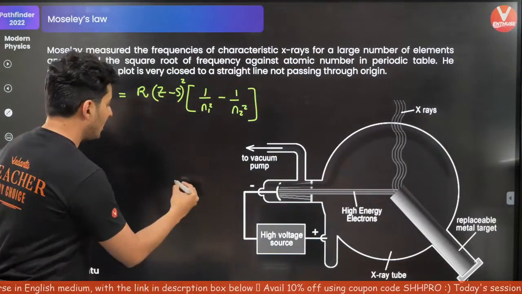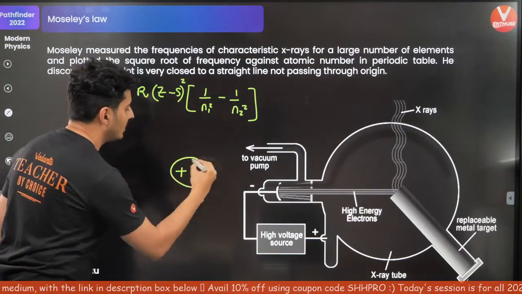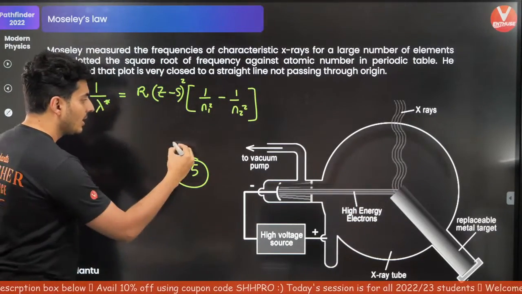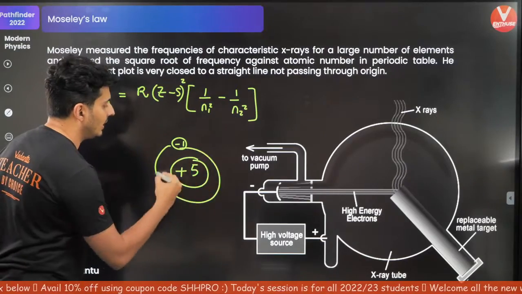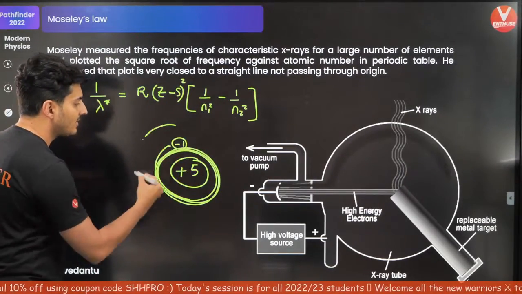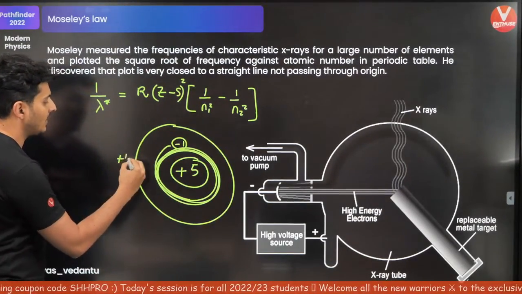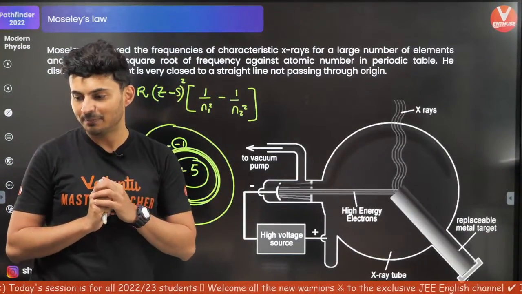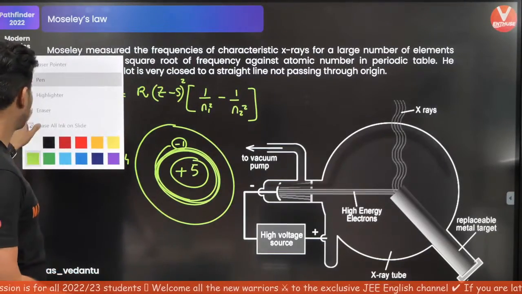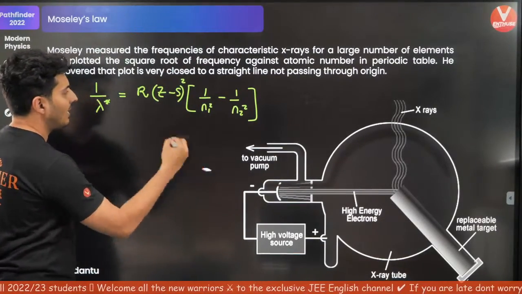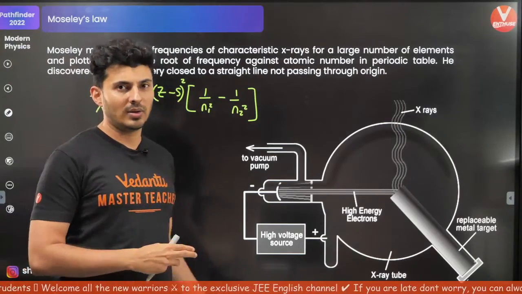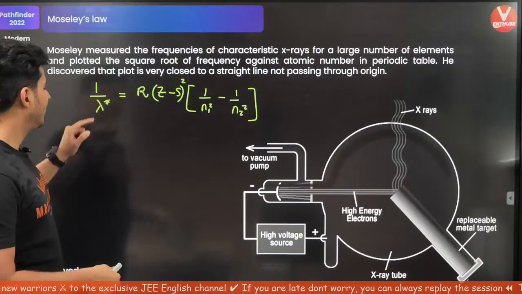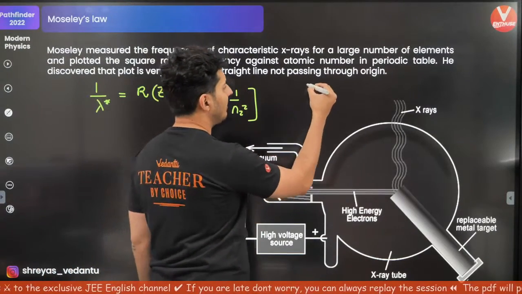Imagine this. If the nucleus has plus 5 charge, you will say that yes, the nucleus has plus 5 charge. But if there is an electron revolving around it, forming a cloud, the perceived charge will be just plus 4 because that electron will shield it. That's how it works. So if this much is understood, I will add a screening constant. He took into account that screening constant as well, and we know that lambda and frequency are related